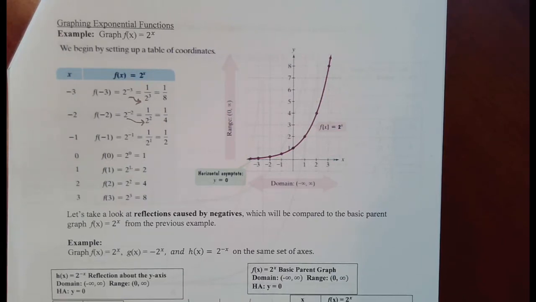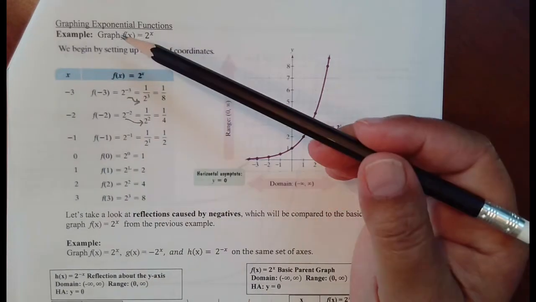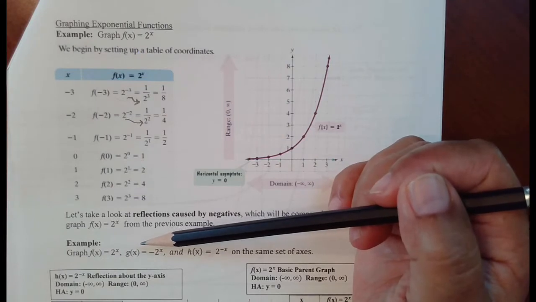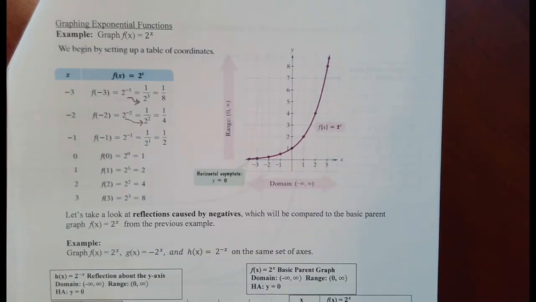2. How do you use a parent graph to create transformations of that graph? I mean, how do we use the values that we have already calculated on the parent graph to help us get all the values for the transformed graph? So in other words, let's say we throw an exponential function at you where you're doing either a horizontal shift or a vertical shift or a combination of the two, or maybe some kind of vertical stretching or shrinking, something of that nature. You can use the values from the parent graph to really get all of the Y partners